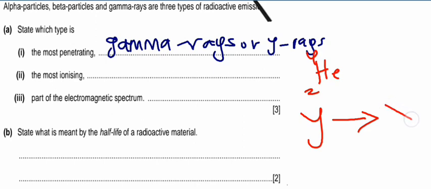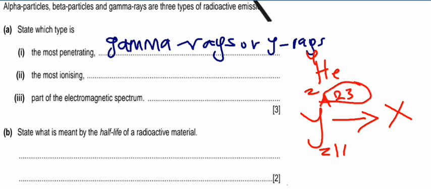For example, the daughter cell here is X. On top we have the mass number denoted by A, and down here we have the proton number denoted by Z. So if the mass number of element Y is 23, and the proton number of element Y is 11,